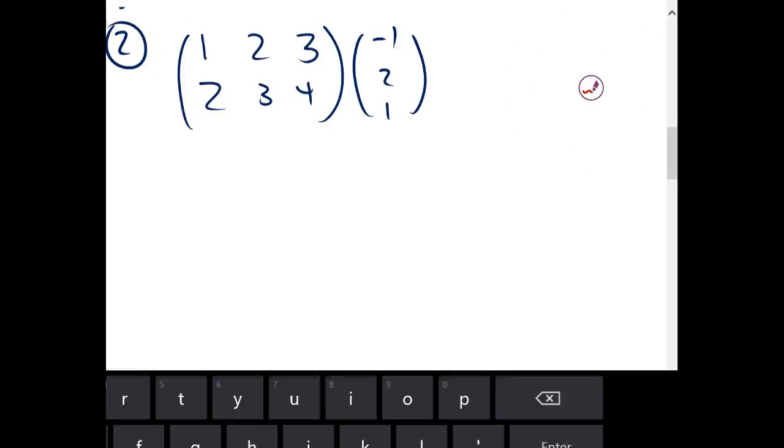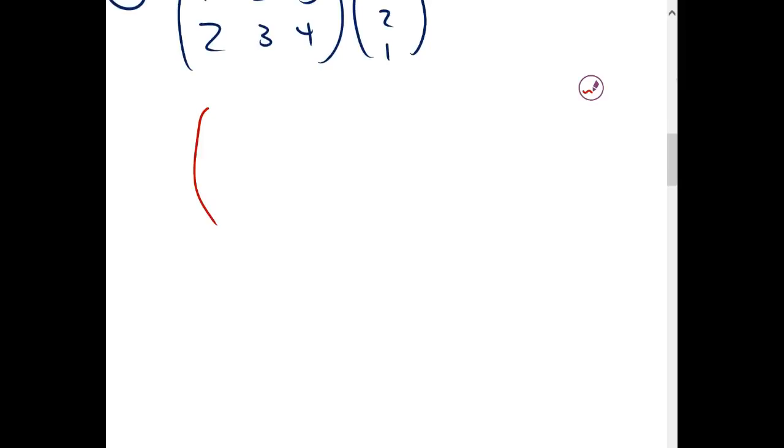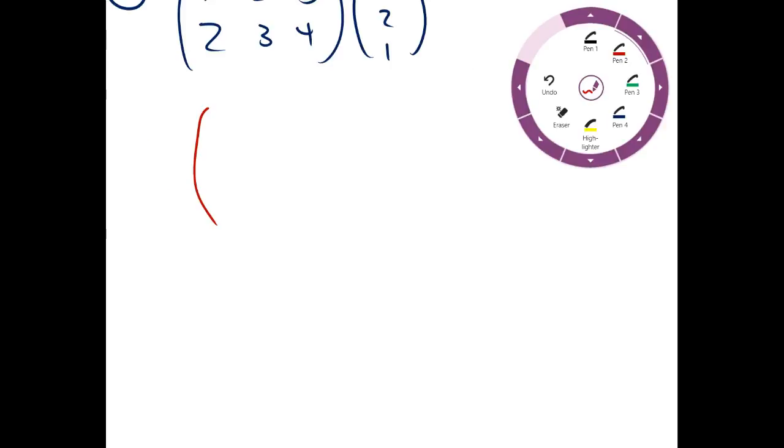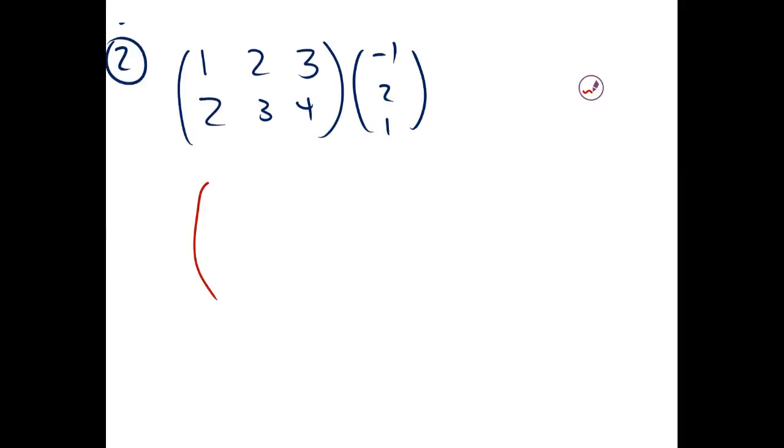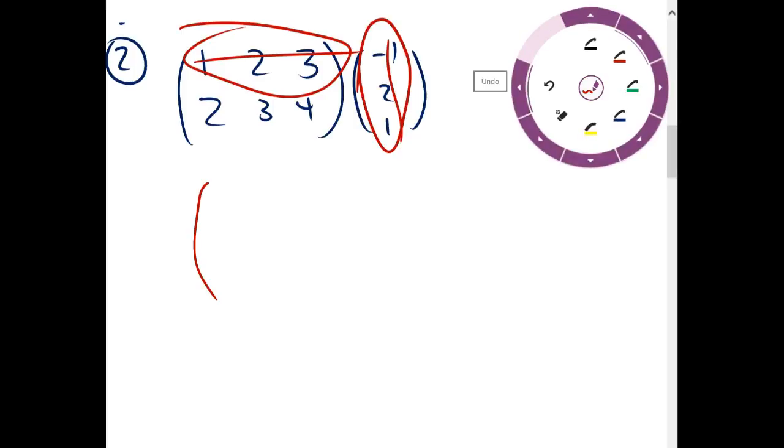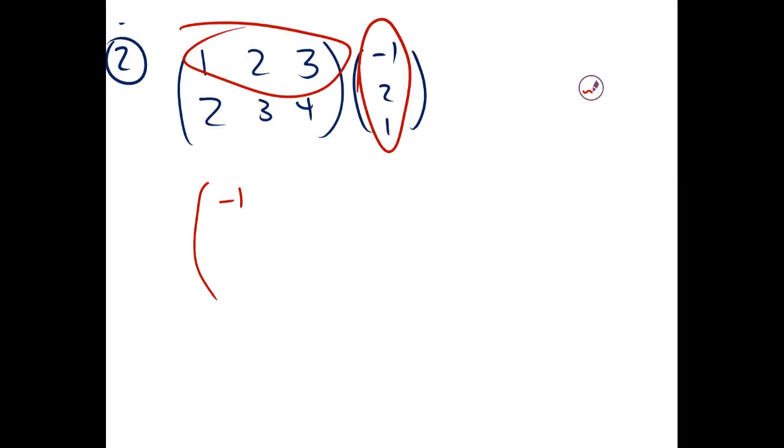We know it'll be 2 by 1, so it's going to have 2 rows and 1 column. So our first entry will be the dot product of this row and this column. And that'll be negative 1 times 1, which is negative 1, plus 2 times 2, plus 3 times 1, and the row beneath will be